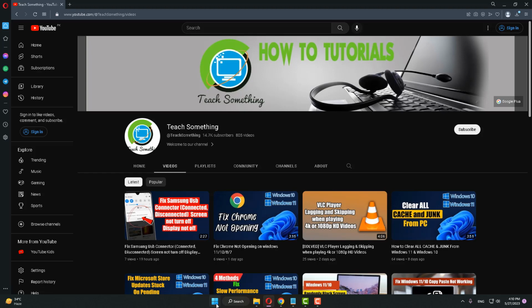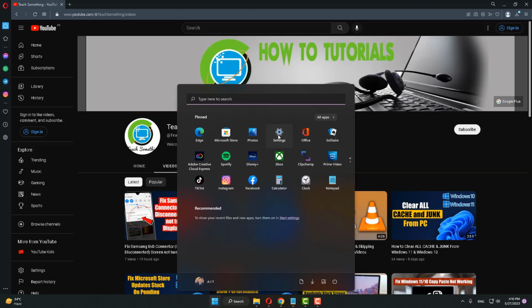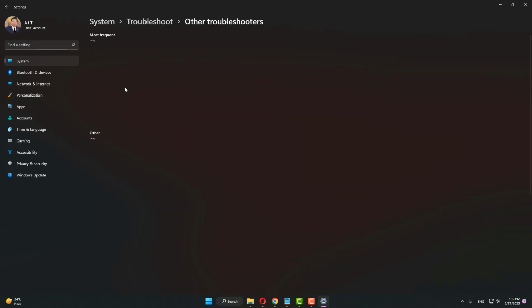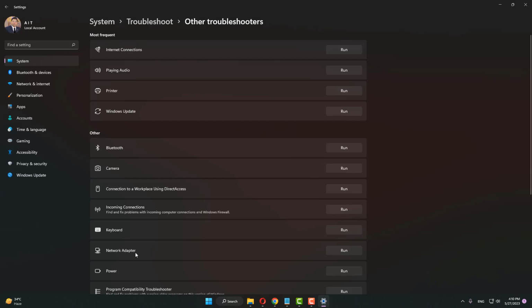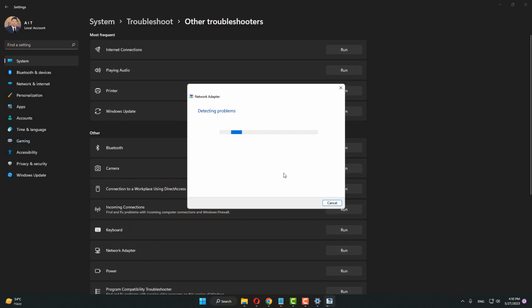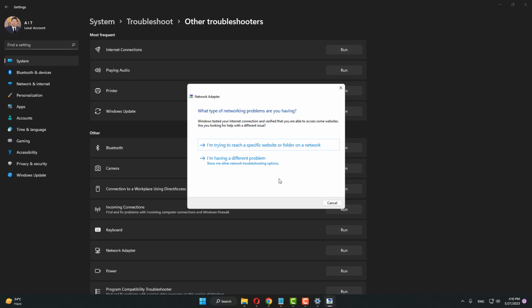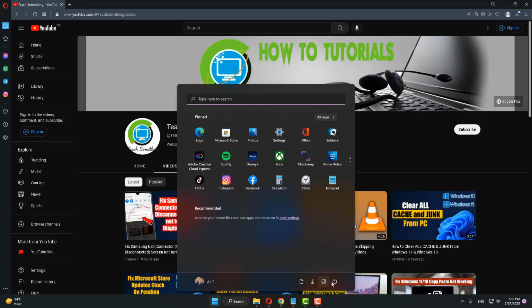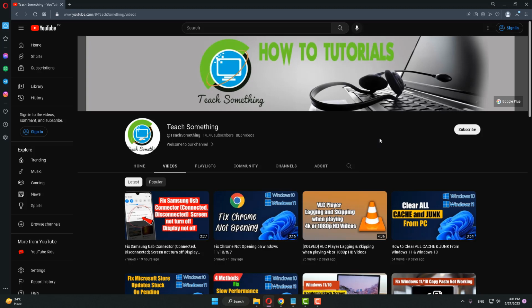After that, close it. I hope your problem is fixed, but if your problem is still there, then you can try the next method. The next method is that go to your start menu, go to the settings of your Windows, go to troubleshoot, click on other troubleshooters, and after doing this step, find network adapter. Click on run the network adapter. Click next to continue. After I close it, after doing this step, restart your computer, and I'm sure that after restarting your computer, your